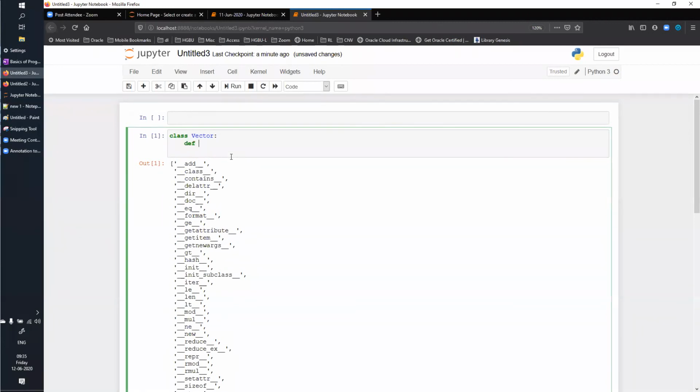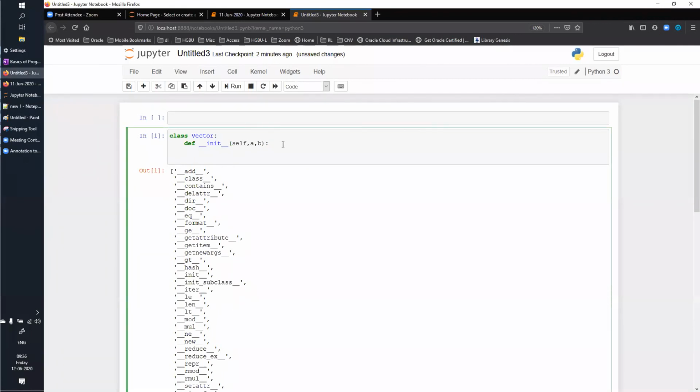So I can say def double underscore init double underscore, and then self, a comma b, because I need two variables here, right? Any questions? No, sir. We will keep this simple. I will not be adding all those decorators and keeping the parameter private and everything.